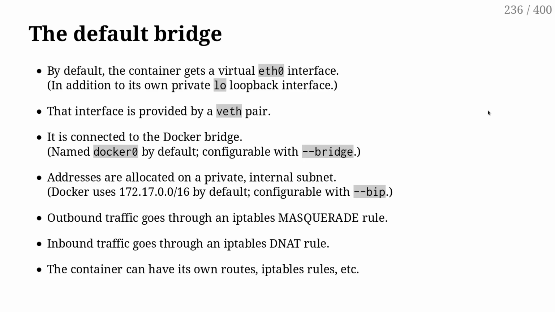So yeah, containers get an IP address on this internal switch. You can tweak a bunch of things here, like if you don't want the bridge to be called docker0, you can change that. If you want to use another subnet, you can change that. If you want to use a subnet of public addresses because you have tons of public addresses, you can even do that. And if you already have a route that conflicts with that subnet here, then Docker is going to